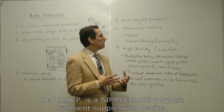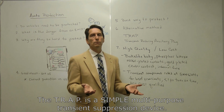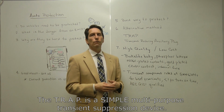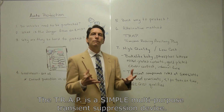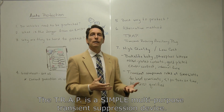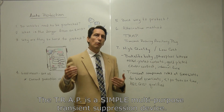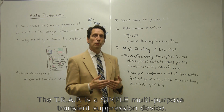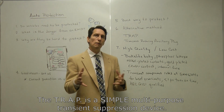All right, so it's important to understand that this product, this T.R.A.P, can be used for many other applications besides just EMP protection. If you had issues with transients in your vehicle from other things, you might try the T.R.A.P to see if it will suppress those transients enough to help protect your vehicle. Likewise, if you had a hybrid or electric vehicle, and maybe you're worried about transients coming in through that charging